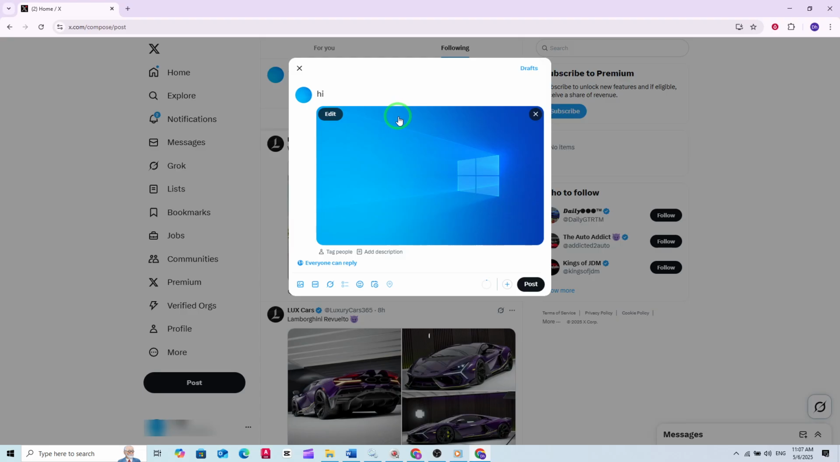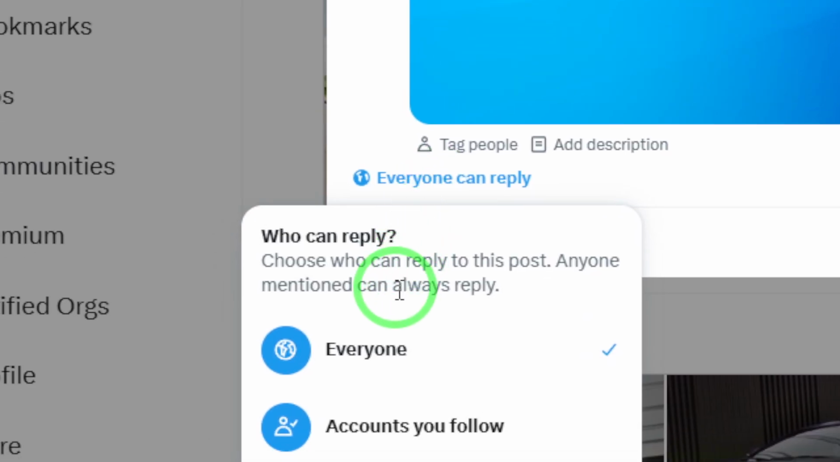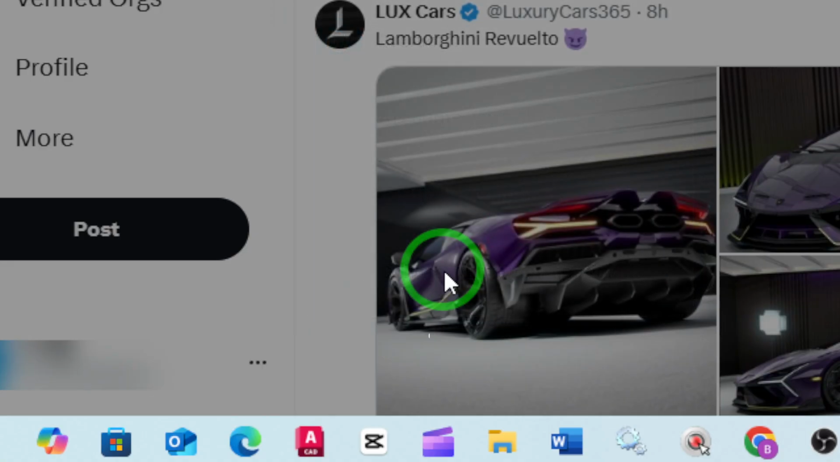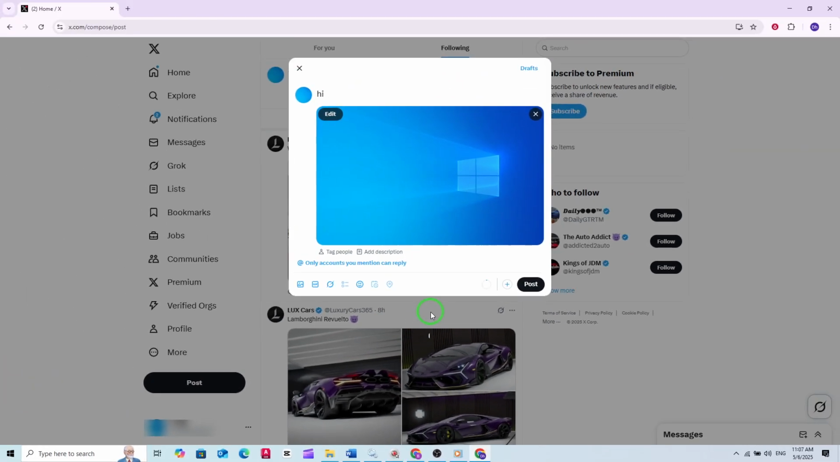Here's where the magic happens. Right beneath your post, you'll see an option labeled Who Can Reply? Click on it, and you'll see several choices. Select Only Accounts You Mention. This setting means that only the people or accounts you tag directly in your post using the @ symbol will be able to reply. Everyone else will see your post, but won't have the option to comment or join the